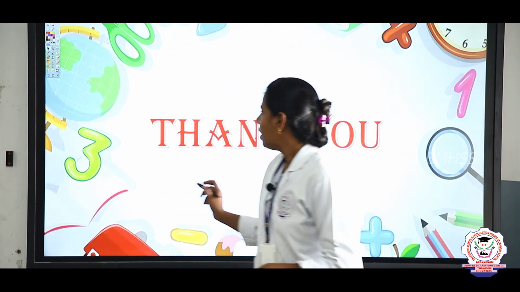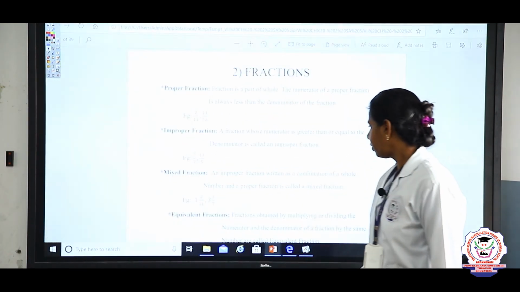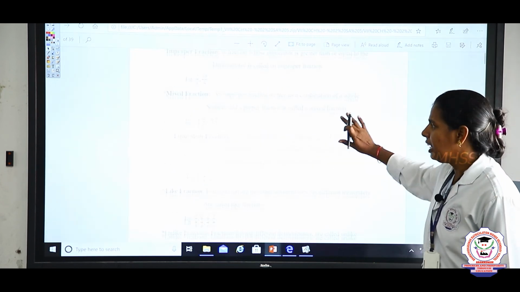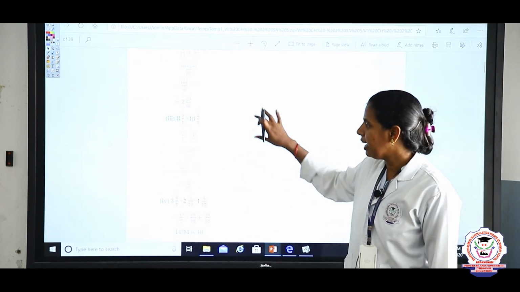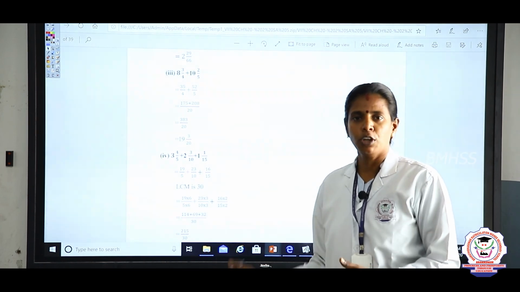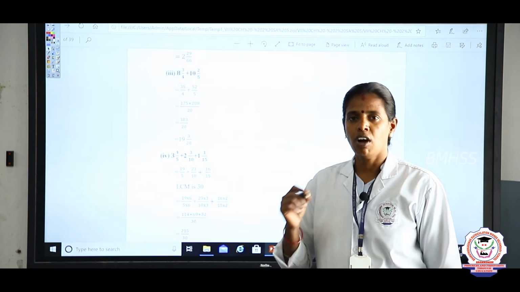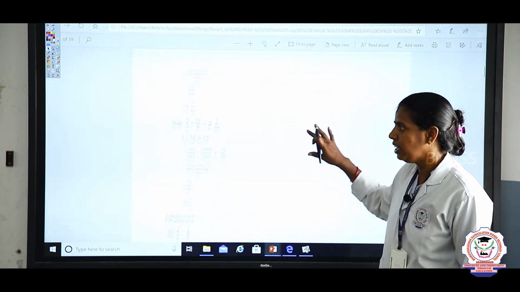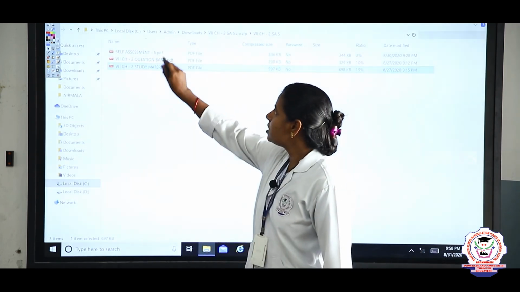So the study material which is attached to you, see, this is the study material for fractions. Study material is nothing but we have given the exercise problems with questions and we have solved the answers too. So the example problems I taught you from the exercise, the remaining problems also you can solve now using this. After you find the answer, you can check the answers which we have given in the study material. Okay. And one more thing, we have given the question bank.